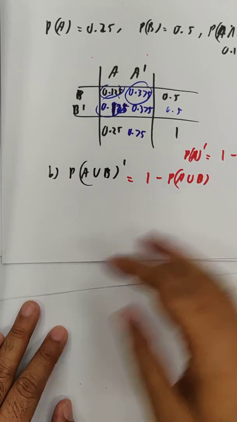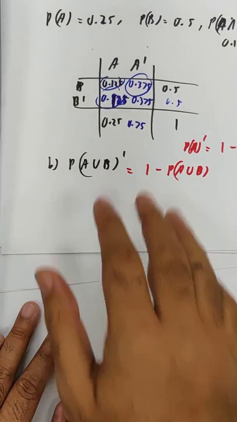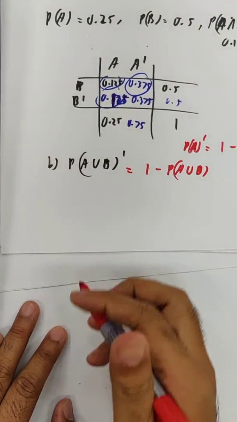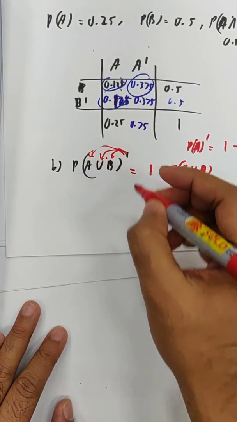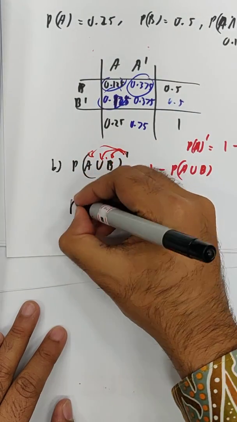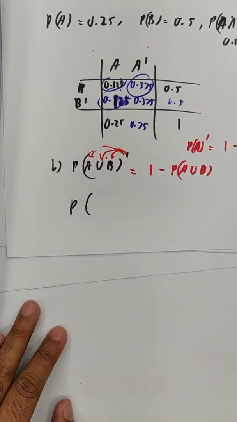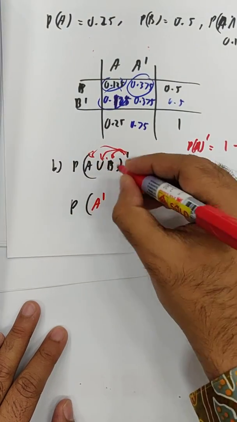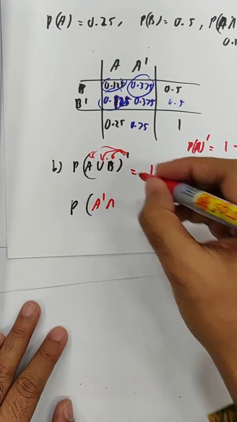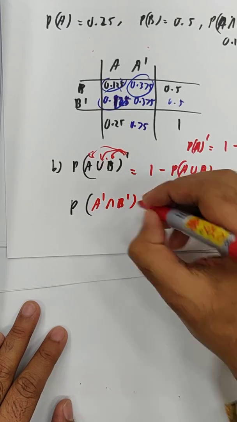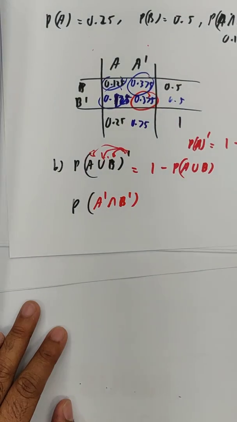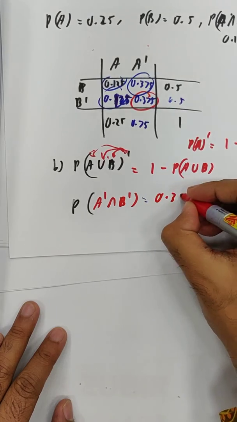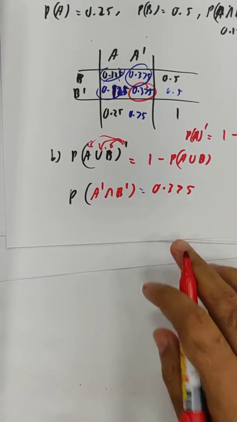You get the answer. I'm not saying it's wrong, but when I saw this question, instantly in my head I saw De Morgan's. I can simply multiply them in. So I get the opposite of A prime, opposite of union, intersect, opposite of B prime. And I can see this answer instantly where? Boom. 0.375. It's a nice little trick.